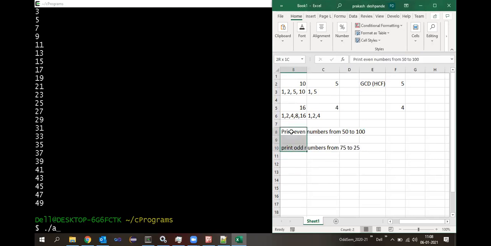These are the two more in addition to the one which I had given earlier. These are the two more assignments: print even numbers from 50 to 100 and print odd numbers from 75 to 25.